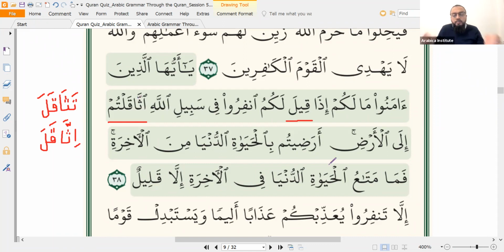You say اثاقلتم إلى الأرض, that you weigh down heavy onto the earth. So when you're told to go forth and fight, you're so frightened and so averse to going forth and fighting with Allah that you become like lead weights back to the ground. Can you see the rhetorical impact of اثاقلتم? Doesn't that sound heavy? As opposed to تثاقلتم, which sounds much lighter. So there's a very obvious reason for the choice of this word here.